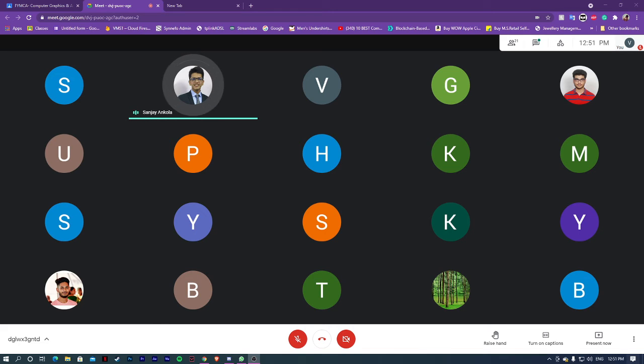Ma'am, for IoT, how would we take practicals? Because we don't have Raspberry Pi. We cannot have Raspberry Pi at my home. Yes, that is a problem which I am finding, and we will find some solution. I have not thought about what we can do for the IoT practical yet, but if I get some emulator or simulator, I'll give you the link for that.